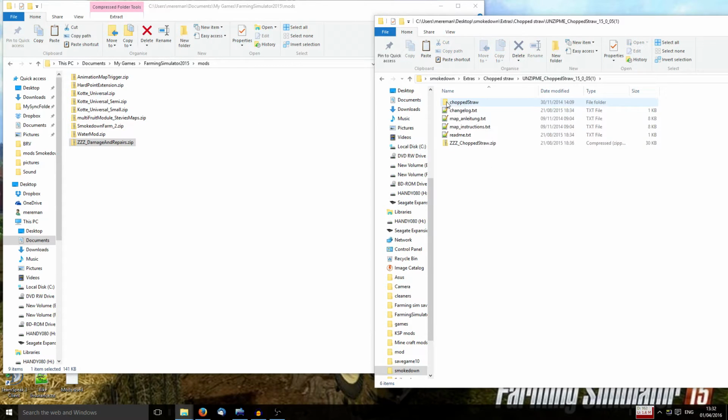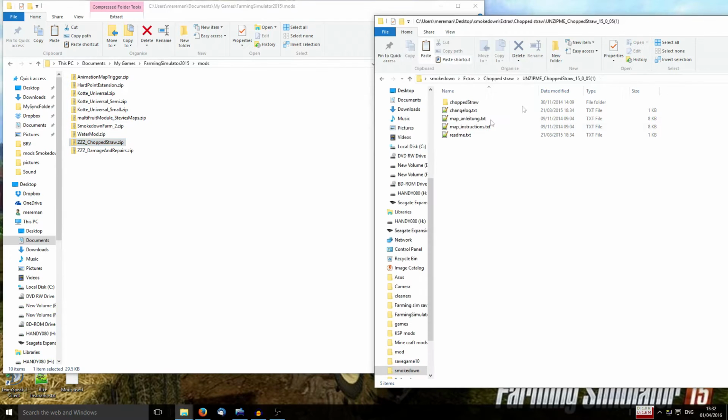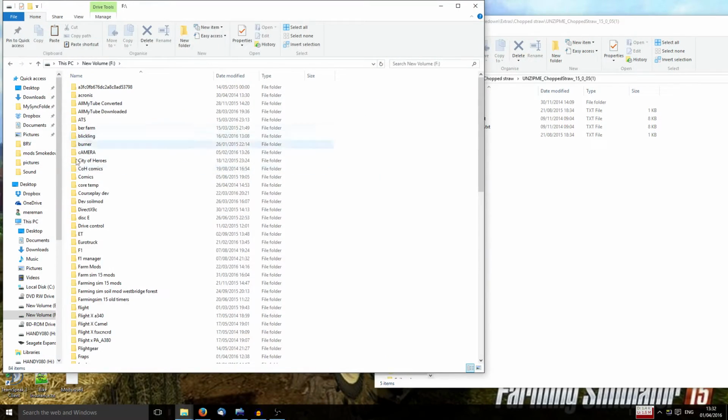It works well. And in here, this is the only one we need. The rest of them, if you put them into a map, this is the one we need. That goes in. It will now re-drop the chopped straw. And the last one I want, I'm just going to have to find that. So it's going to be one moment as I dig into my drive, and in here somewhere I should have,